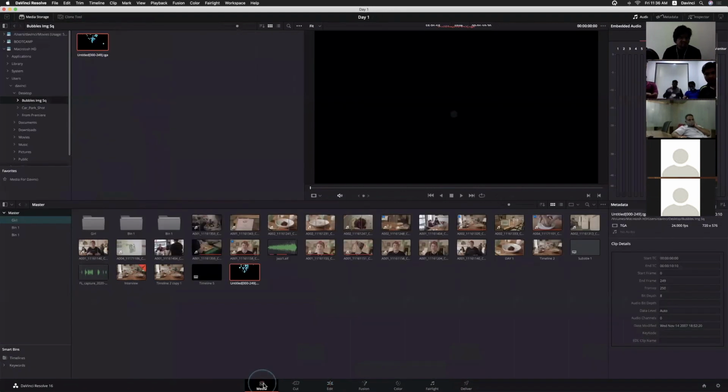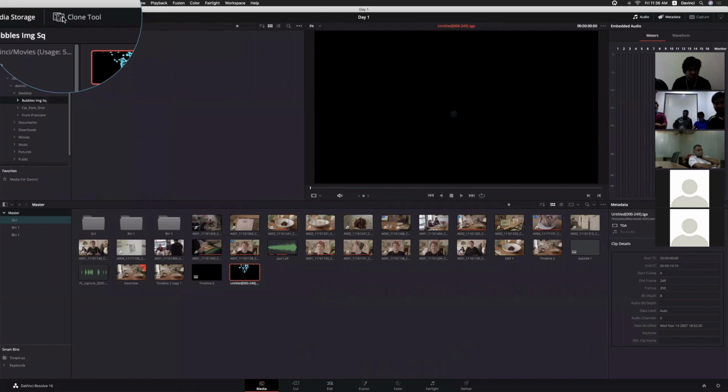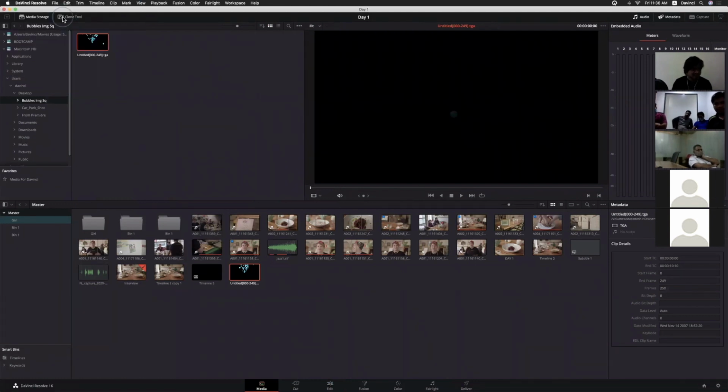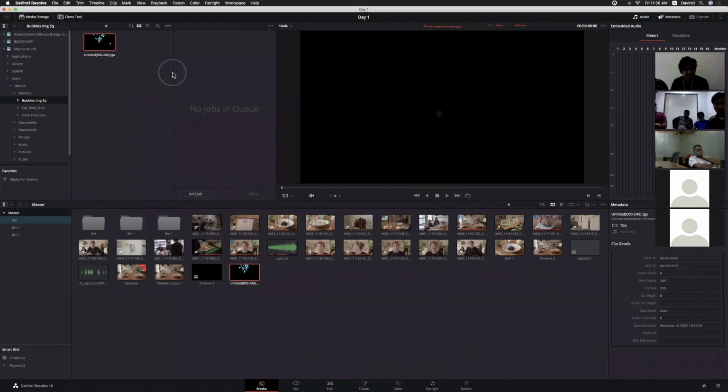within the media page, we do have an option for backup. Even if you observe the interface, we do have media storage, and there is another tool called the clone tool, right? So click this clone tool. Now whatever folder you select, we can archive anything. This is the folder I want to make a backup file for.